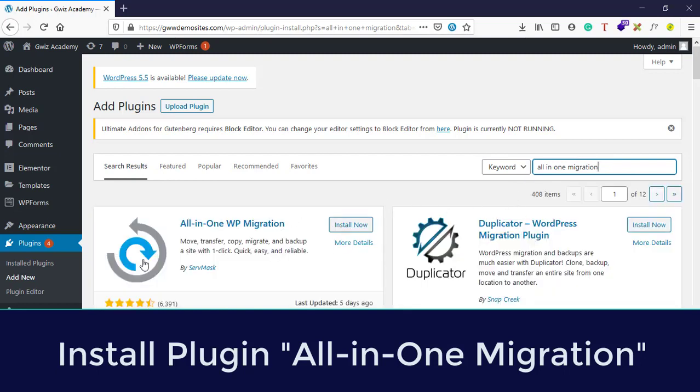Okay, you need to check whether you're installing the right plugin. There are several other plugins as well, like Duplicator, which is also one of the top plugins for backup and restore, but it's not for beginners. The process is slightly complex, and I'll make a video on this plugin as well. But what I think is, when you can easily do things, you should not overcomplicate simple things. So let's install this All-in-One WP Migration.